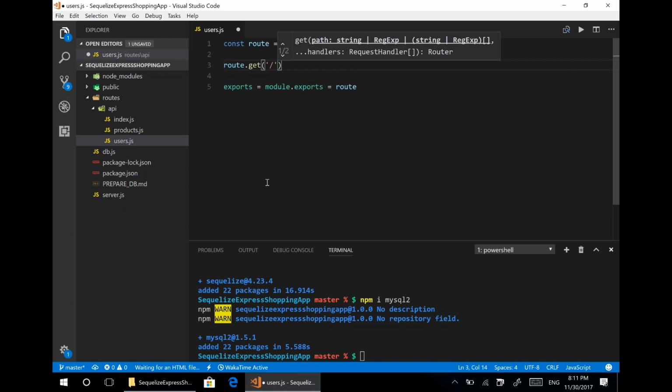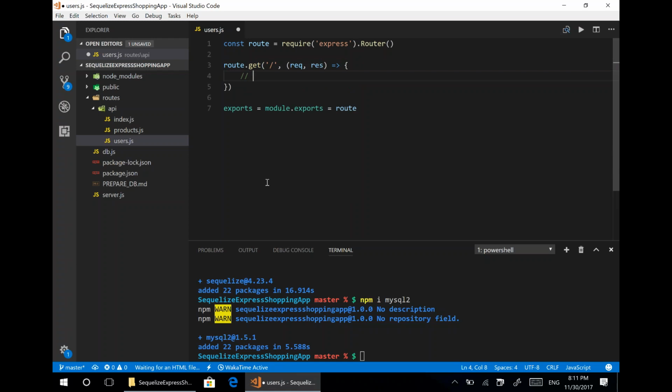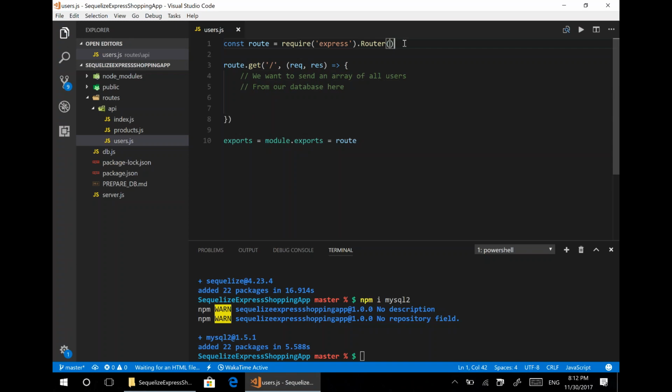So when someone sends a get request here, we want to send an array of all users from our database here. Okay, to do that, what we would want is to get hold of